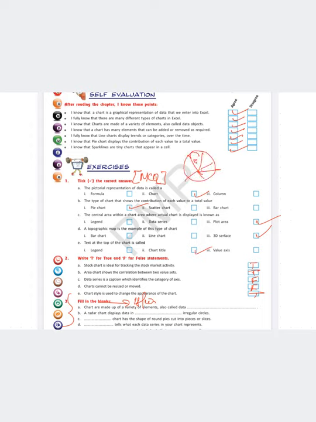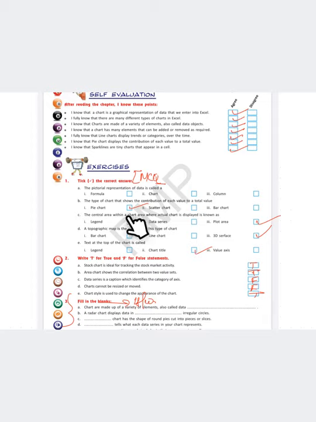Remember, all the contributions are shown in different slices here. Now, the central area within the chart, where the actual chart is displayed, what is that area called? That area is called the plot area, okay?